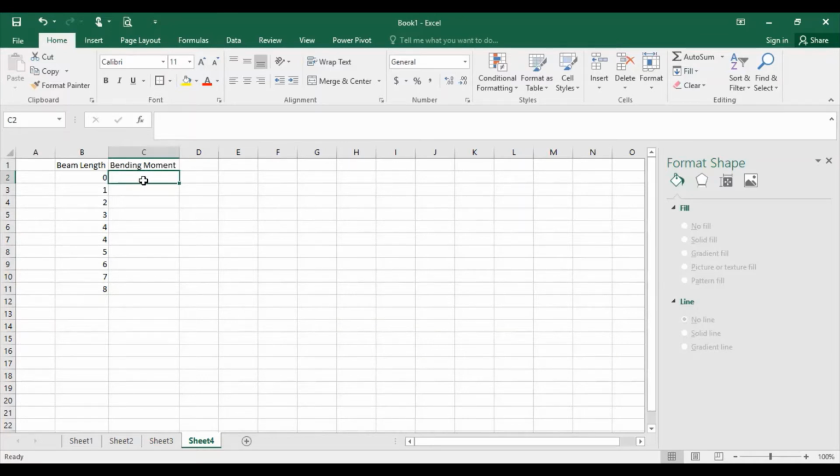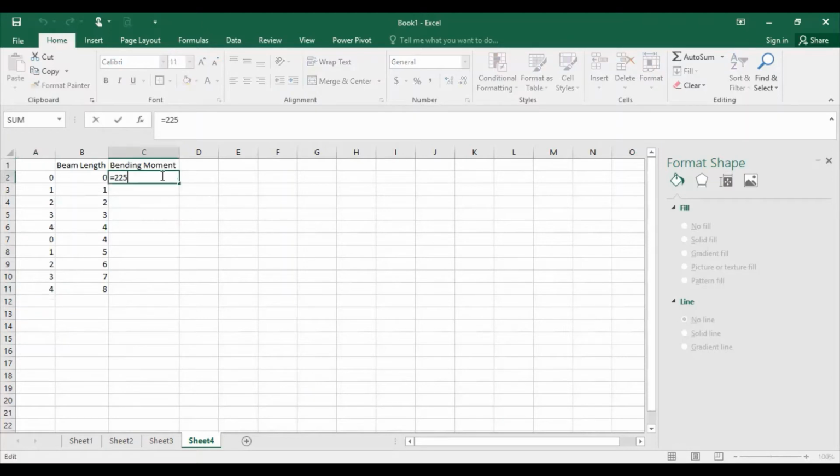So I will write down equals 225 asterisk, and then the value. First of all I will remove this asterisk, and I will take 0, 1, 2, 3, 4, and then again 0. For the region BC, I am now taking 0 to 4 again, so 1, 2, 3, 4. I will put these values in the equation, but this will be your beam length.